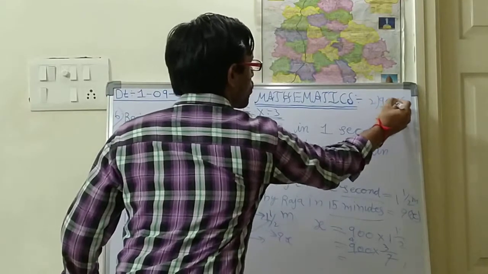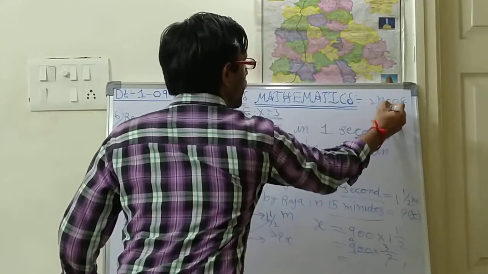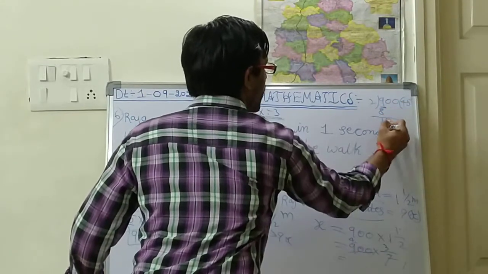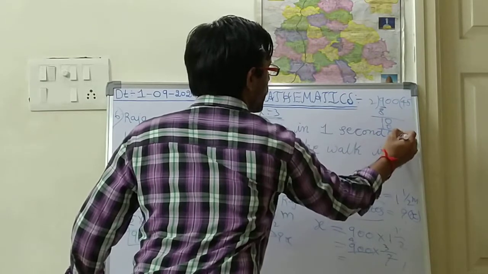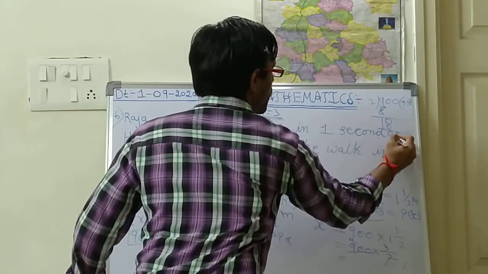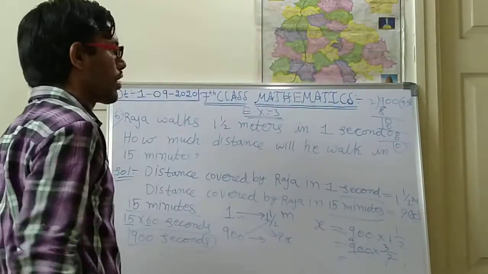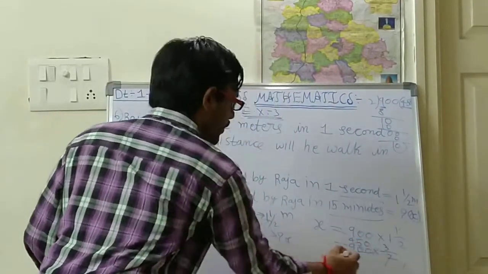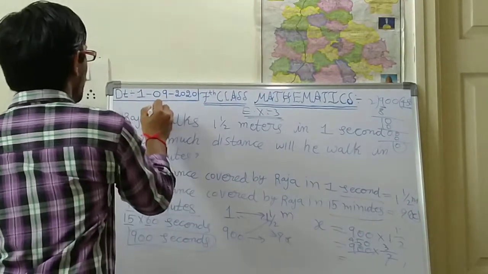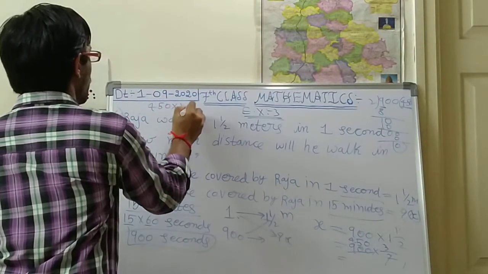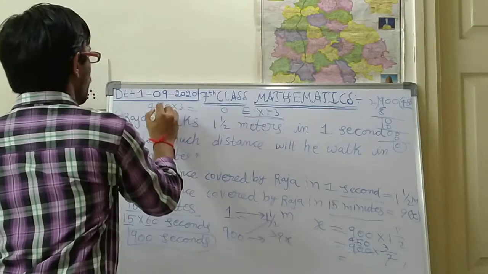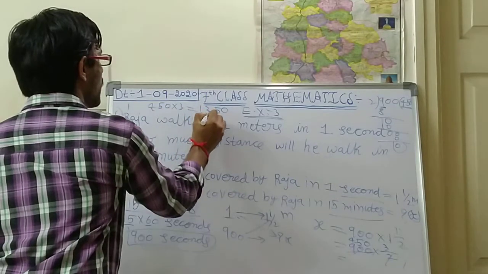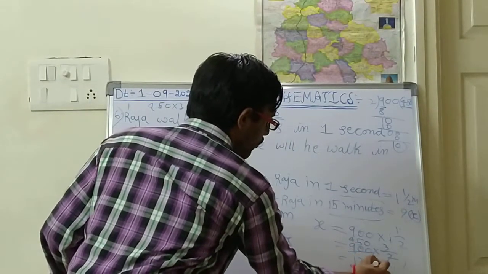So take one digit. So 2 fours are 8. 9 minus 8 is 1. So take another digit, 10. So 2 fives are 10. Okay, 0. Take another number 0. So 2 zeros are 0. Okay, 0 is the remainder. Okay, so what is the quotient? 450. So here what is the answer? 450. So 450 into 3. What is 450 into 3? 3 zeros are 0. 3 fives are 15, 1 will be there. 3 fours are 12, 12 plus 1 is 13. So 1350.